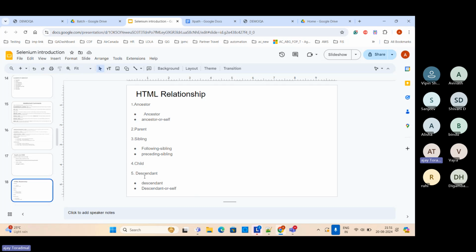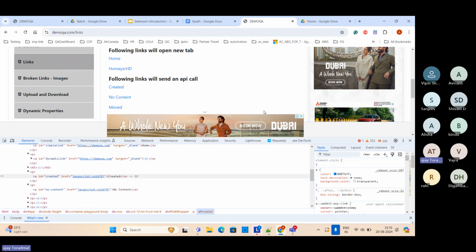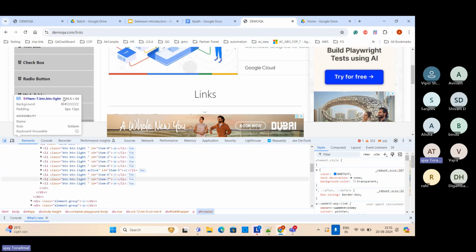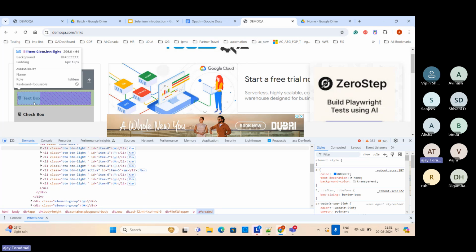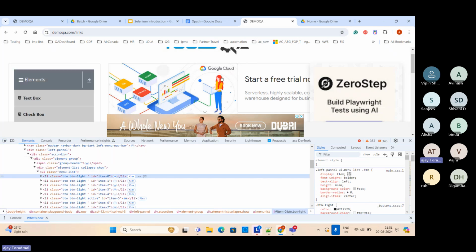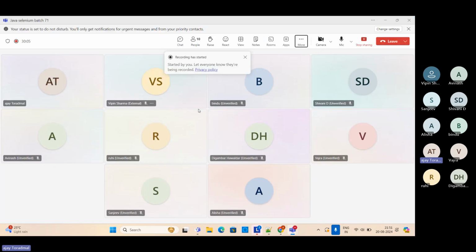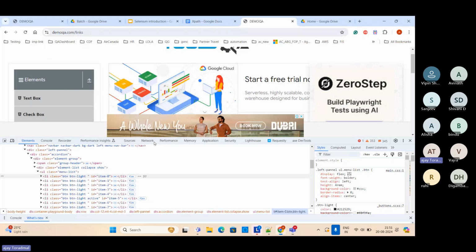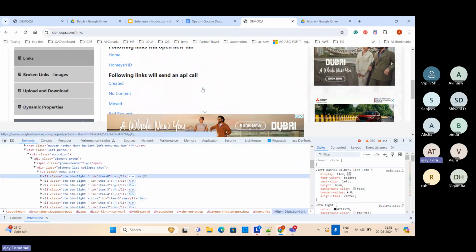Okay, because it will be asked at the time of interview, or they will give a scenario based question. For example, they will say this is the link and I want to click on this particular link. So for example, this is the node, I want to click on this particular node. So this kind of examples they will give. So you should know these particular things. So first thing is that we are going to see what exactly is meant by